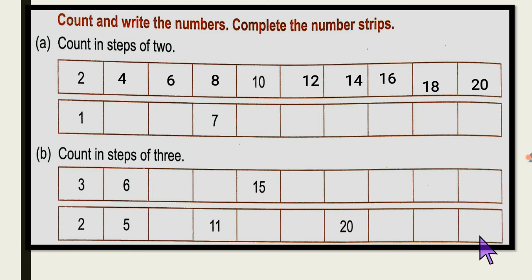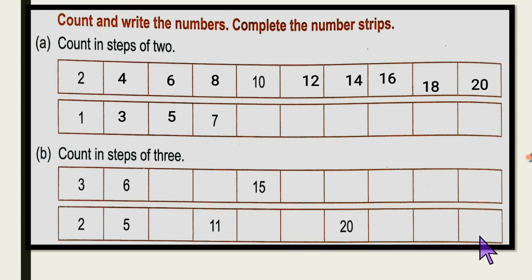Yes. Here you can see another example. Here it starts from the number 1, and we count the 2 step forward. Okay. Here after 1, when we count the 2 step forward, which number do we get? 2, 3. This is the 2 steps. We get the number 3 here. Okay. Then after 3, when we count the 2 step forward, which number do we get?